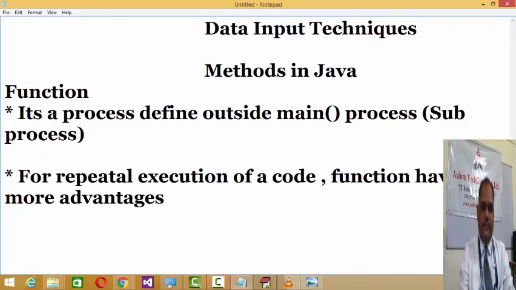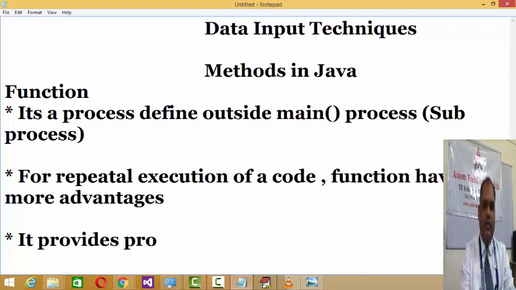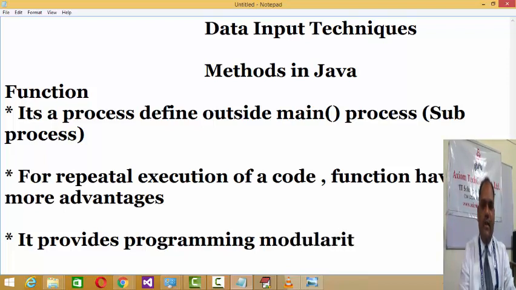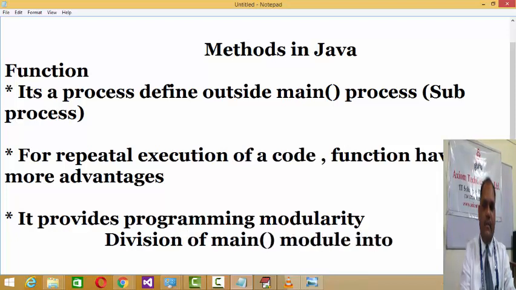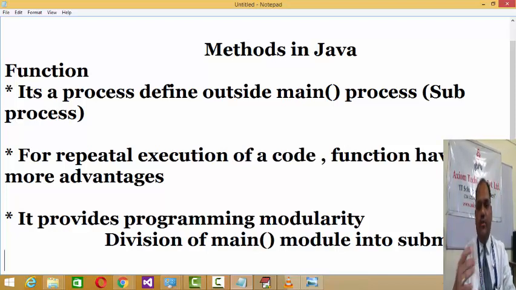The next is, it provides programming modularity. What do you mean by programming modularity? That is division of the main module into sub-modules. Now, what advantage do you get by defining sub-modules?